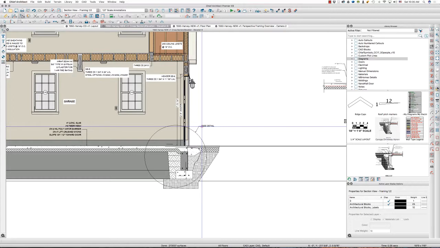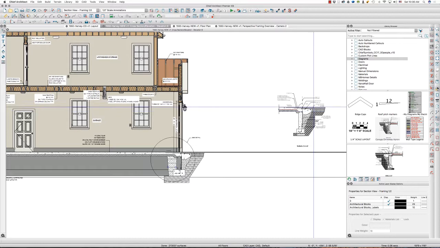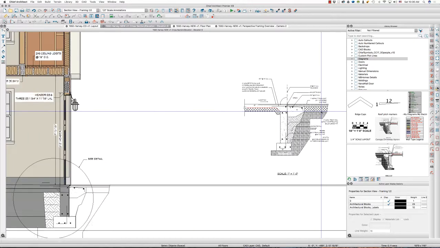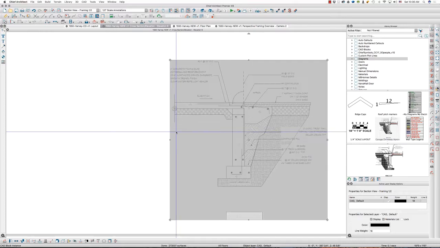All right, I like this because then it makes the sections and details have actual context with the details we're calling out. It looks appropriate here and here, and I've just got to do some cleanup with this, explode